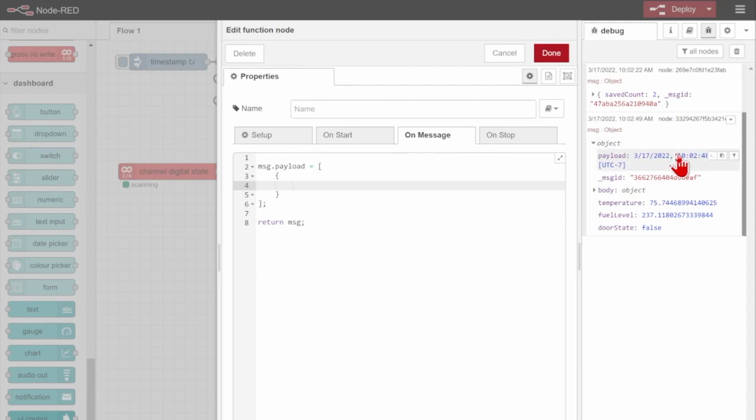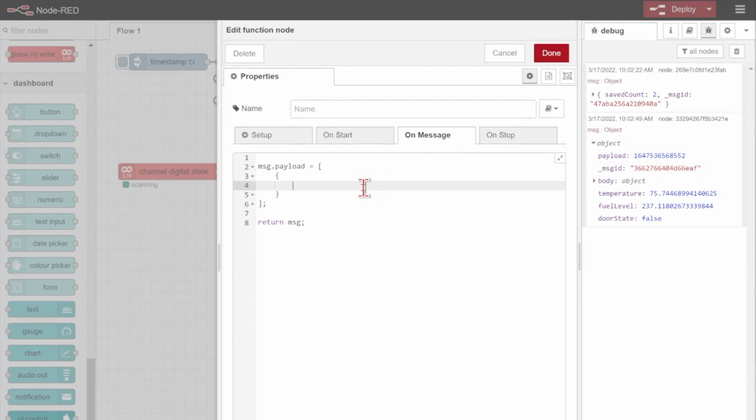And when I click it over here in the debug, I can actually see the time, but by default it's just this number, it's this raw timestamp. So I'm going to do a quick little conversion here, and that's a great benefit of the function node, is I can put whatever functions I want in here. So I can have my timestamp here,